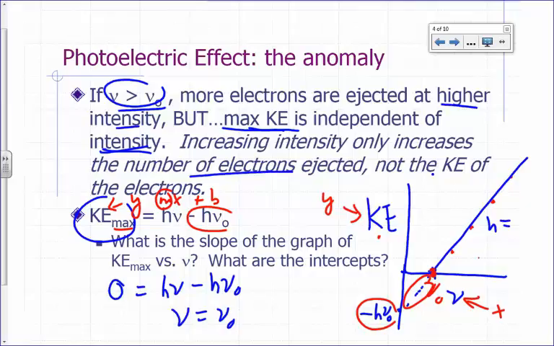Okay, so they would get different plots for different metals. Depending on what the metal is, you have a different threshold frequency. But all of these lines are going to have the same slope. They all have the slope equal to h, and that value of h is the same. All right. What did you say h nu naught stood for again? The work something? It's called the work function. Okay, it's called the work function, and we represent that with the letter phi. Okay, so